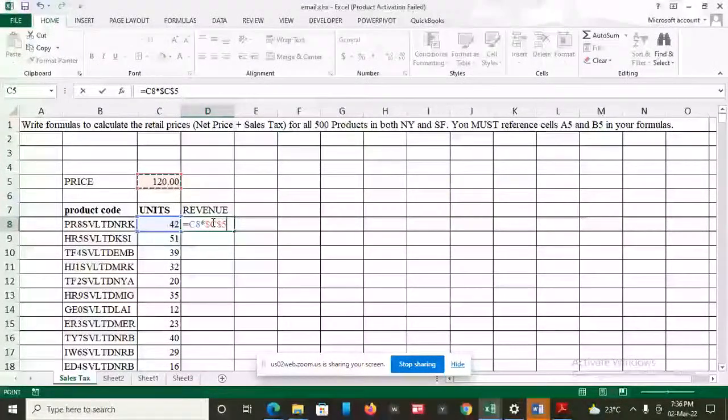If you hold Fn and click F4, you are now able to see that we've introduced dollar signs after C